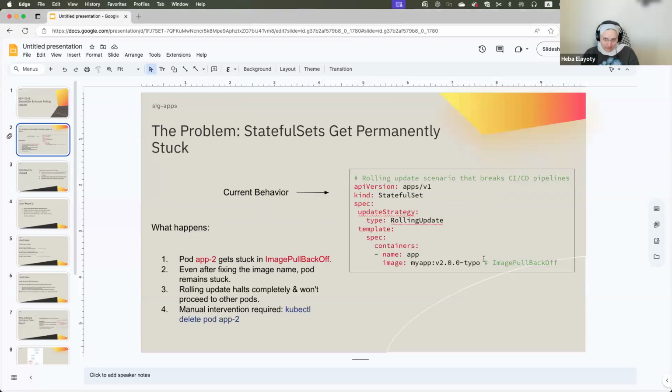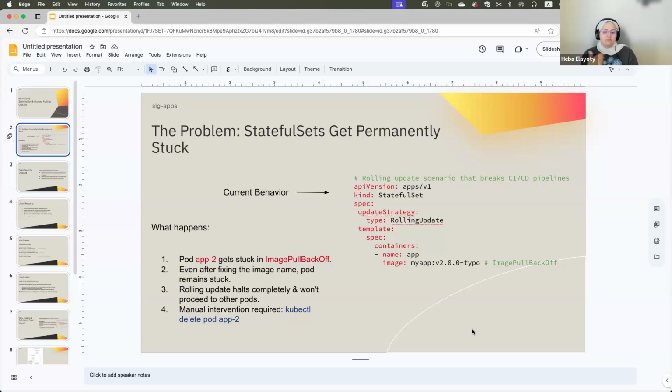The problem is that a StatefulSet can get permanently stuck. Why? Currently with the rolling update strategy, say I have this StatefulSet and a problem while deploying or updating it, for example a typo in the image name.